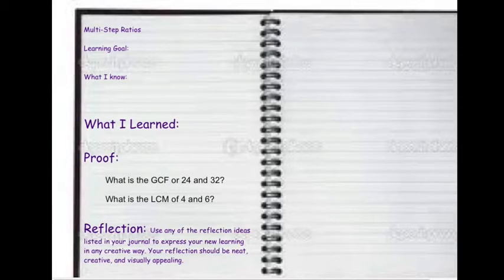But for today, go ahead and solve your proof by using the method that we discussed in this video. Your proof says, what is the GCF of 24 and 32? And what is the LCM of 4